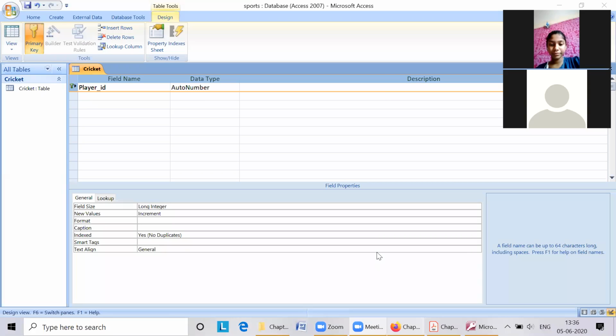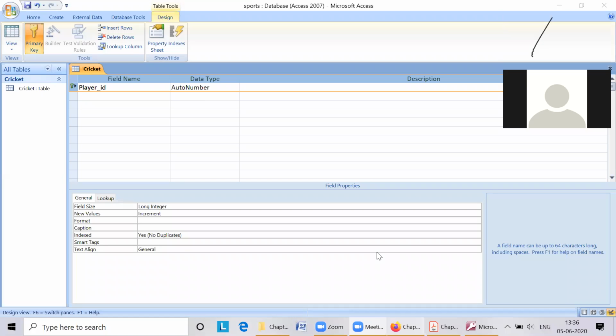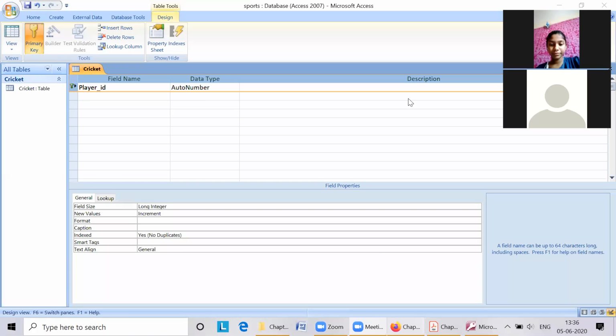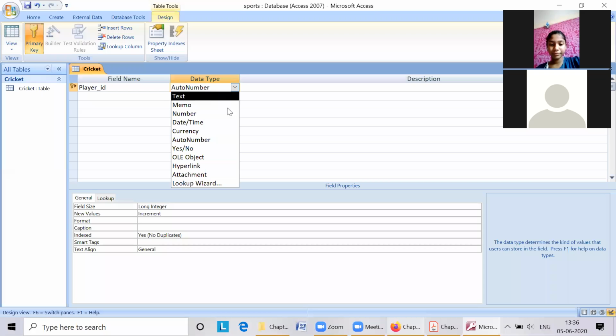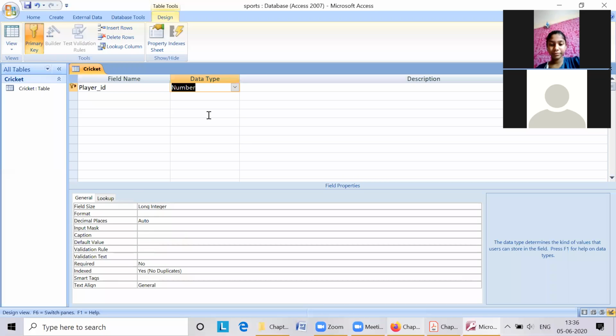Yes, Vaibhav? Sir, so the ID is our key. Yes, you were told the ID is the player ID. Like you have a roll number in your class, similarly every player has an ID.